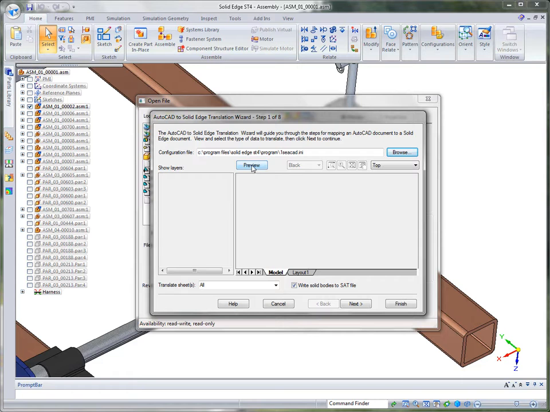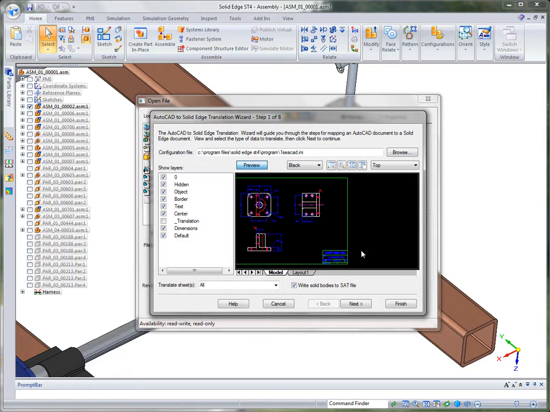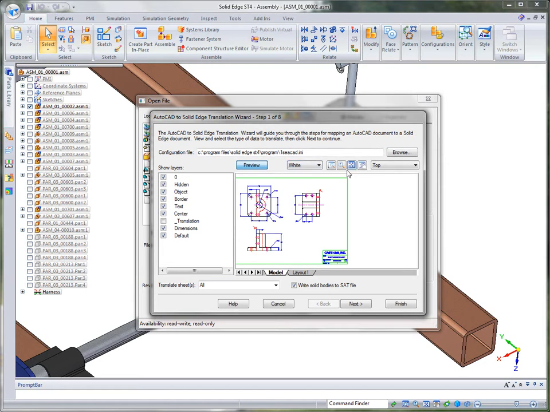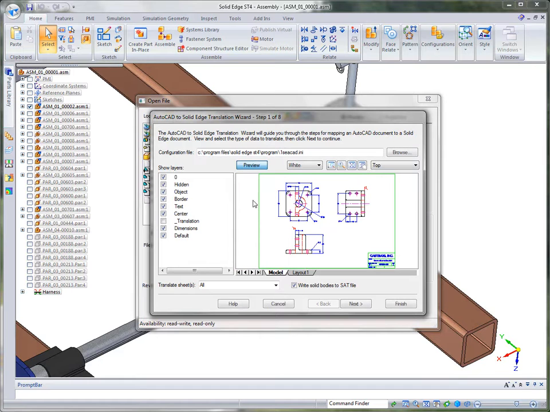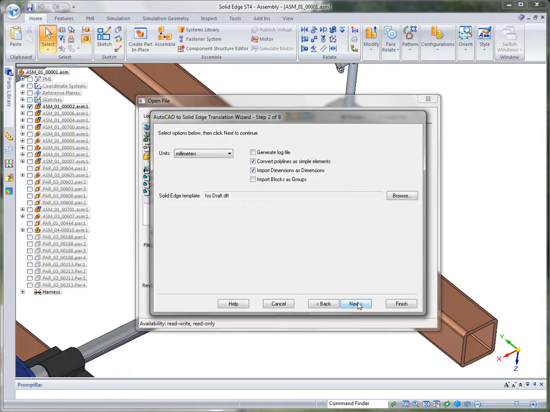Now, when you open up a document and read it, you can also preview that document, and if you want to change the background to white, it's very easy to do that. We also support window manipulations. If you need to zoom in or fit the view or turn on and off layers, you have all of that capability. Basically, this is a translation wizard with 8 steps in it, and it allows you to set up